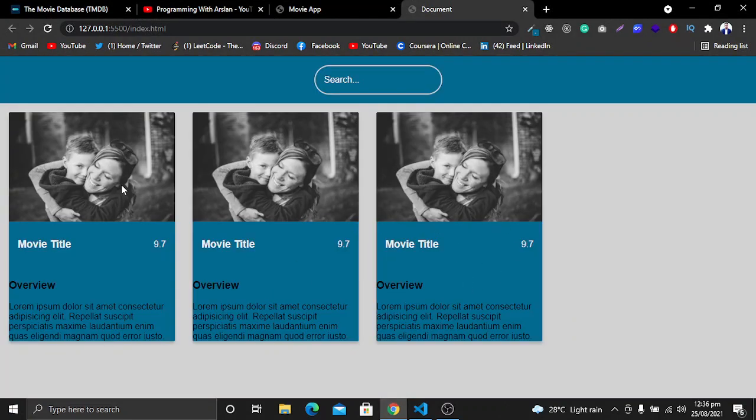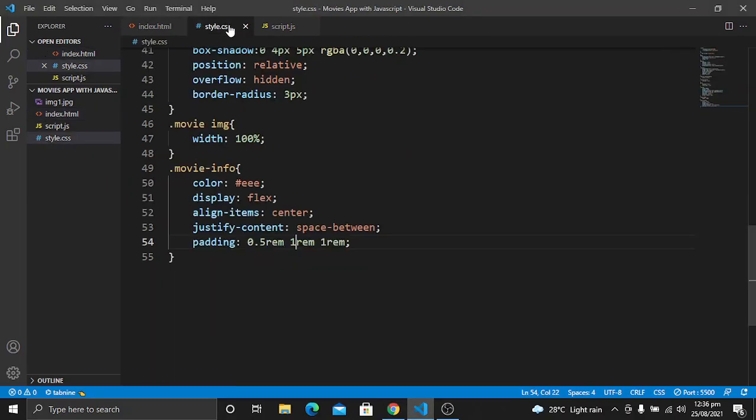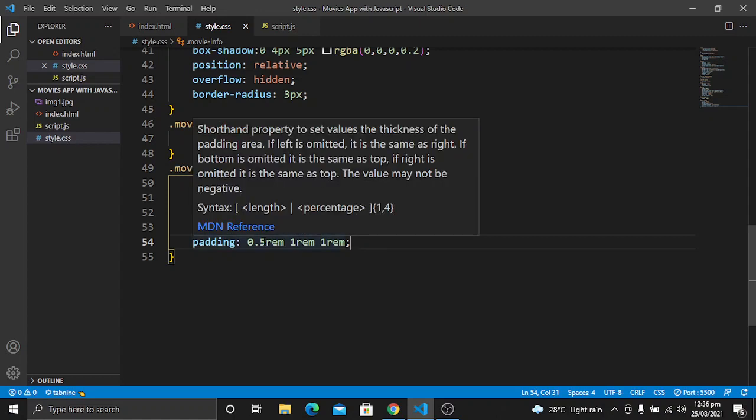We will also fix the styling of the overview. So let's go to the CSS file. We have given it the paddings. The paddings are 0.5 rem, I think. So it will be from top, right, bottom and left.